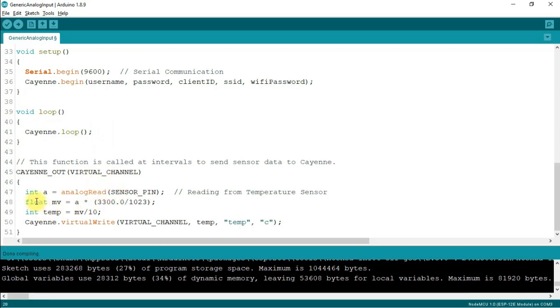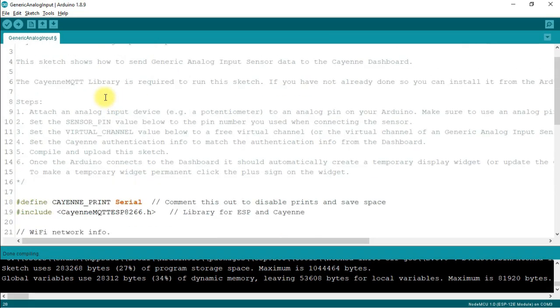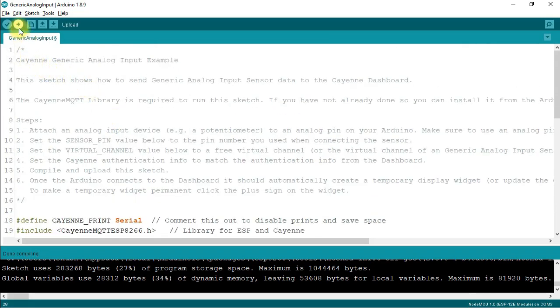Then I have taken an analog reading from the sensor pin. This is the program simply for converting the LM35 temperature reading to a given temperature. And I have written kn.virtualWrite. This is my channel. This is my value, that is the temp. And I am giving this temperature in degrees Celsius. As we learned in the previous video, to give temperature in degrees Celsius, this is the data type and the value that should be in degrees Celsius. So I have written temp and degree Celsius. So let us upload this program and see what happens. So let me upload it.